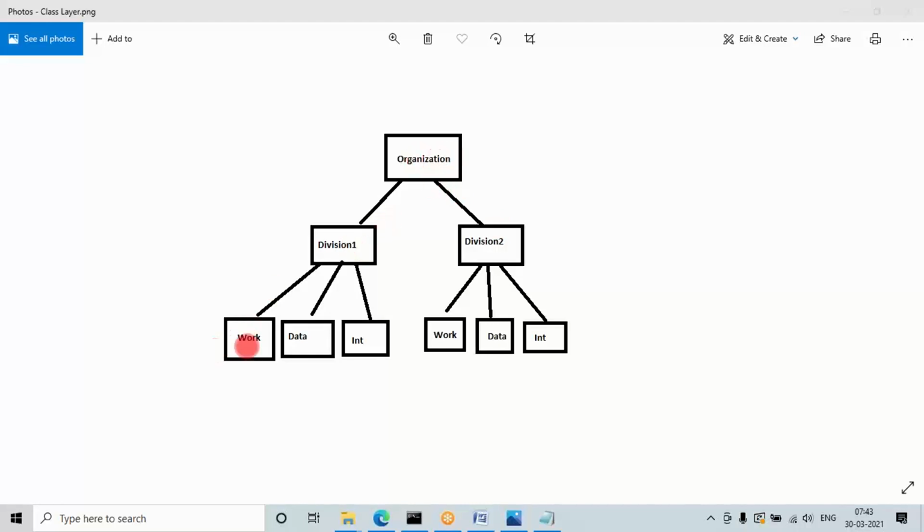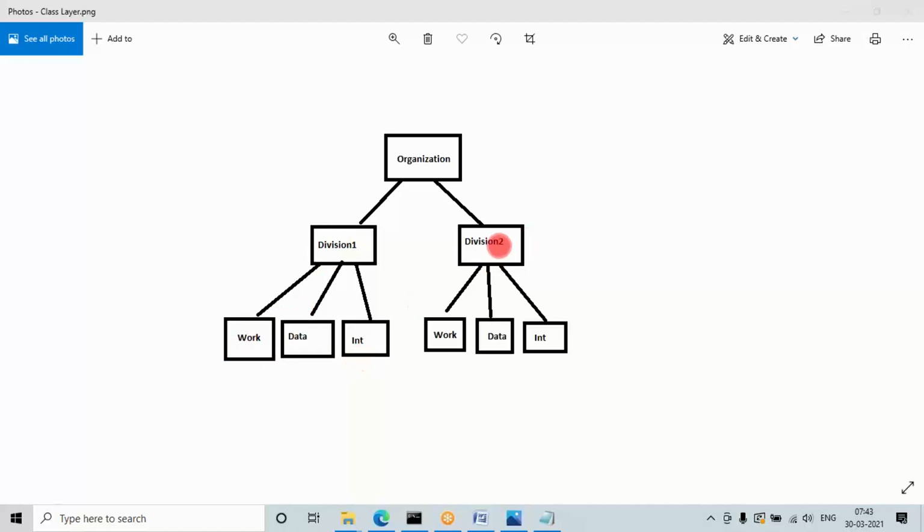Suppose in all the units you need some common properties, then you can directly create them in division 1. If you create in division 1, that is in alpha auto, only the alpha auto units can reuse those particular rules.